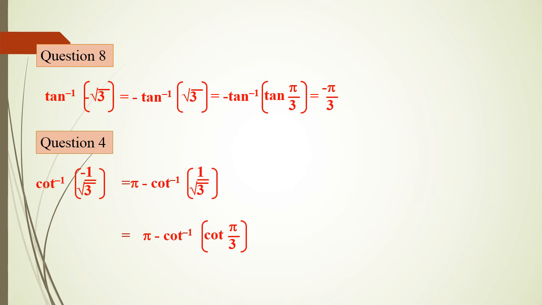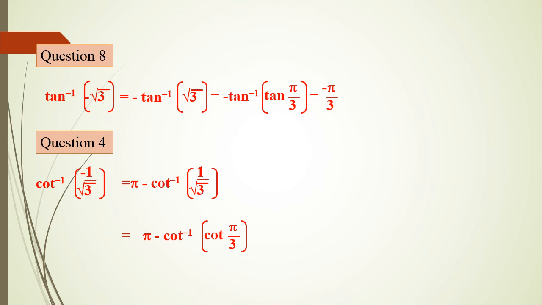So cot inverse of minus 1 by root 3 can be written as pi minus cot inverse of 1 by root 3. See, when negative angles are given for cot, sec as well as cos trigonometric functions, it is compulsorily written as pi minus, and the remaining without the negative angle must be written so that people will find its solution very easily.